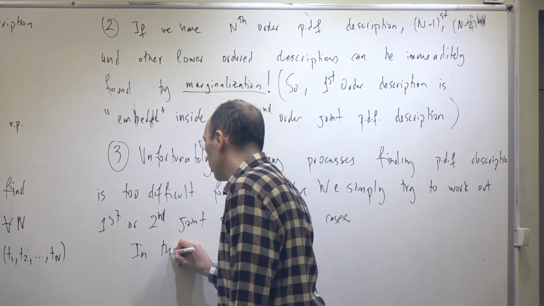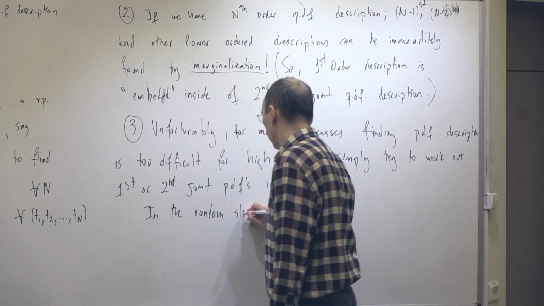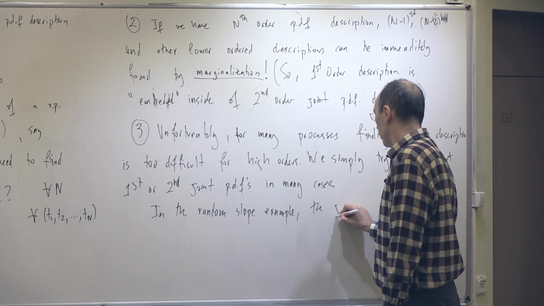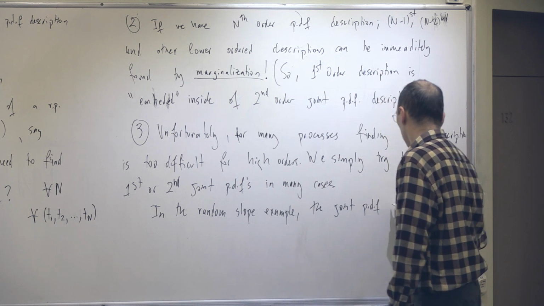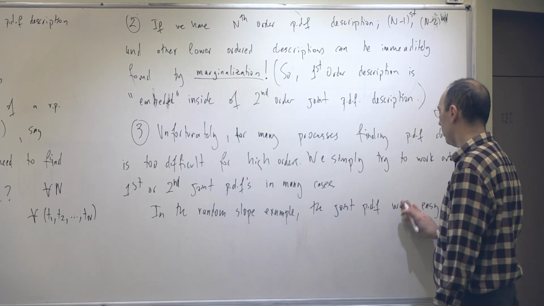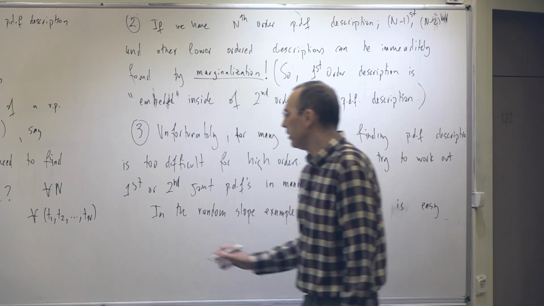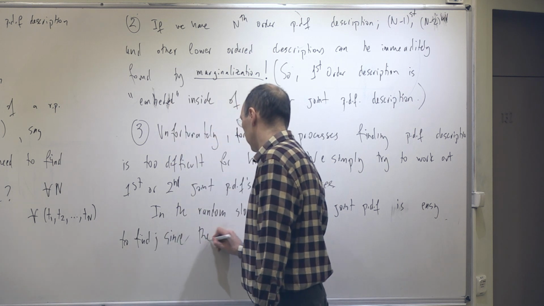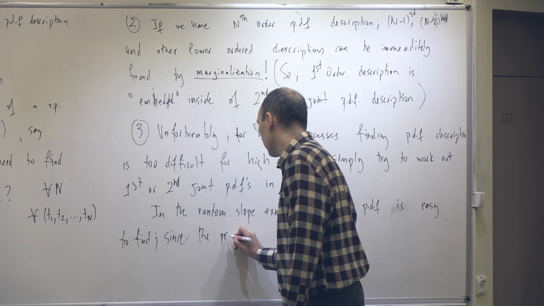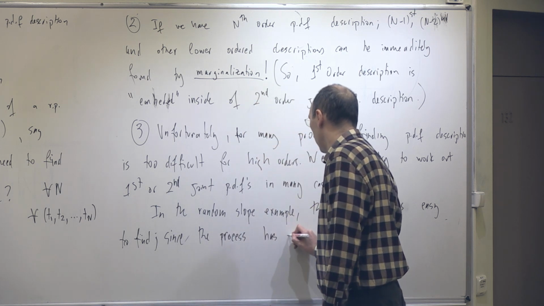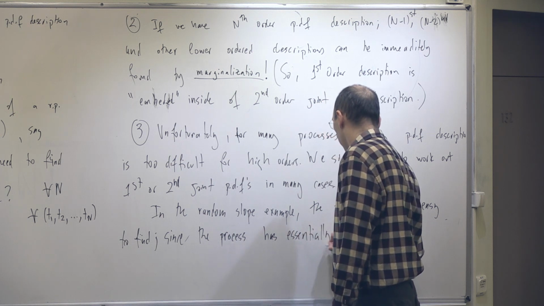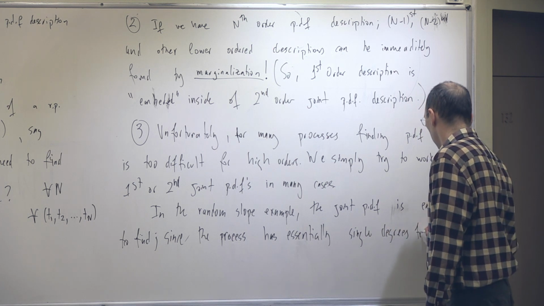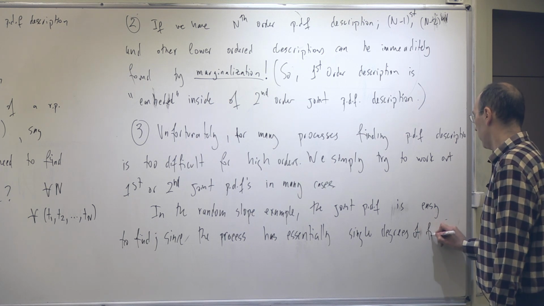In the random slope example, like that we have studied, the joint p.d.f was easy, or let's say is, because it's always easy to find, since the process has essentially single degrees of freedom